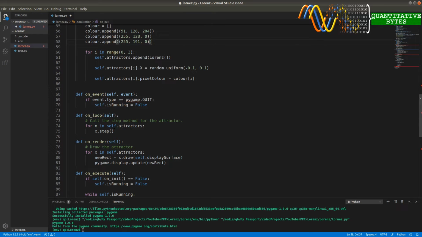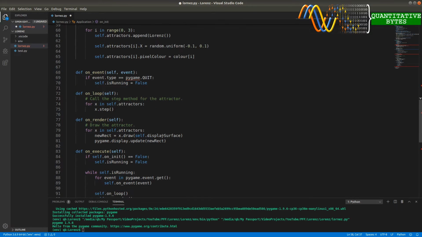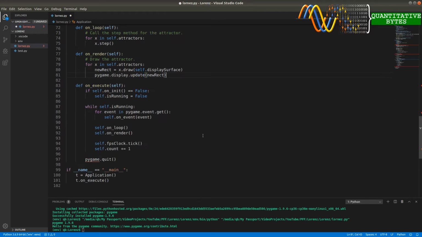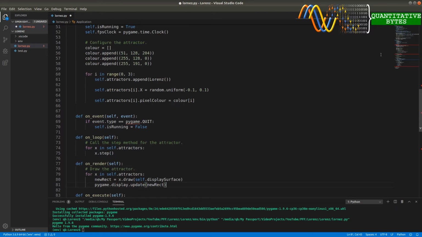We simply do for x in self.attractor, so x will go through each one of the attractors, and we call the step method for each one. And then on render, we modify it so that we just call the draw method of each one in exactly the same way and call pygame.display.update each time. And that should be everything that we need to do. If we run that now,